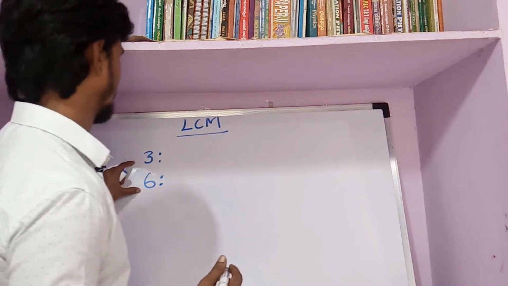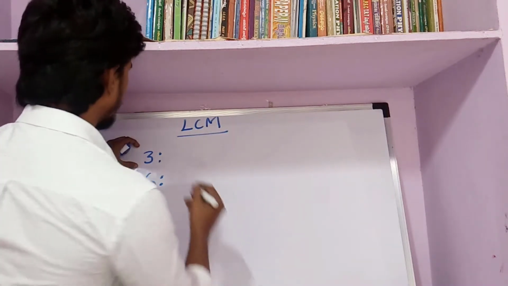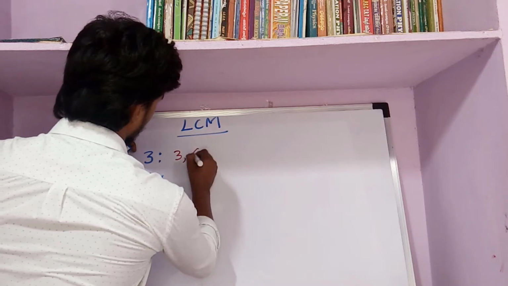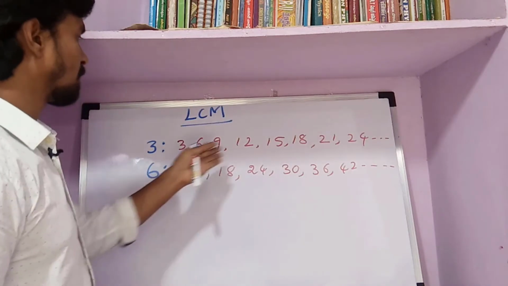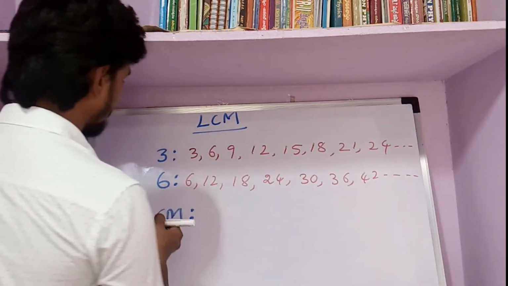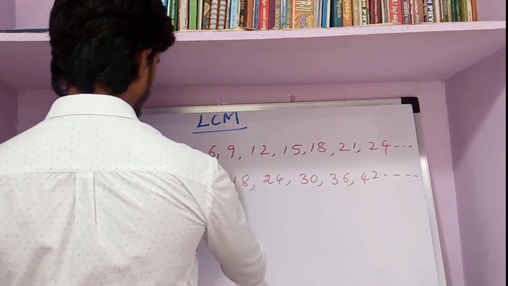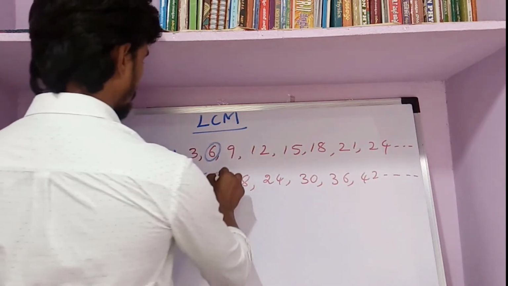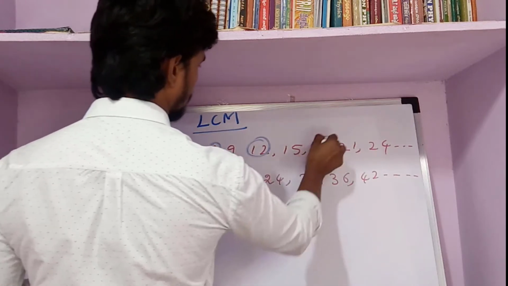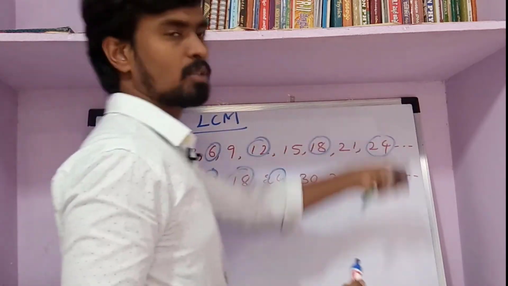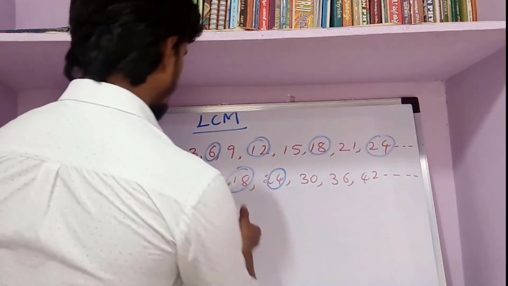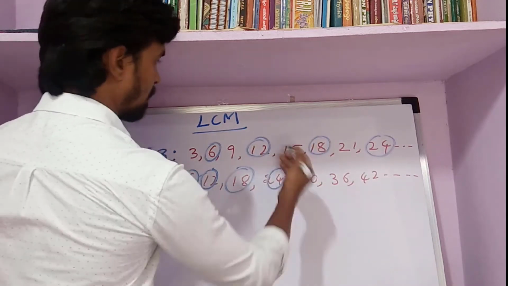Now we will discuss by taking some examples. For example, 3 and 6. What are the multiples of the 3? Multiples of 3 are 3, 6, 9. These are the multiples of the 3 and 6. Common multiples. What are the common multiples here? 6 is a common multiple. And then 12 is common. 18 is common. Now 24 is common. So as we write the many numbers, we'll get the many commons. So we list here what are the common multiples here.